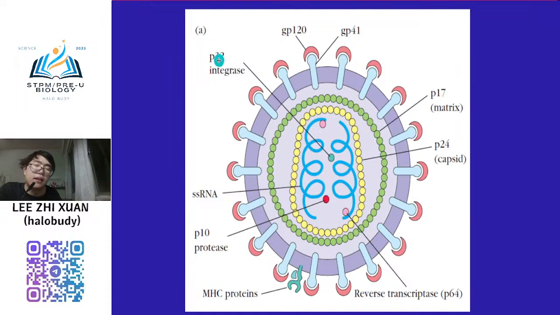But this PGP 122, you do not need to know. You need to know that this one is the spike protein. And then inside the virus they contain a special enzyme we call reverse transcriptase. This enzyme is very important during the infection, where this enzyme is not found in our body.